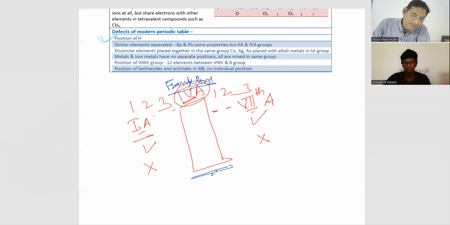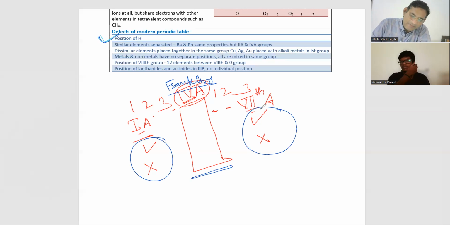So we must score good marks in chemistry, then only can we be there in IIT JEE or any other professional college. So for the position of hydrogen, four points are there. These are 4 questions. And the 5th point, Franklin, that hydrogen must be placed in the 4th group between 1A and 7A, equidistant from both positions. Now see,